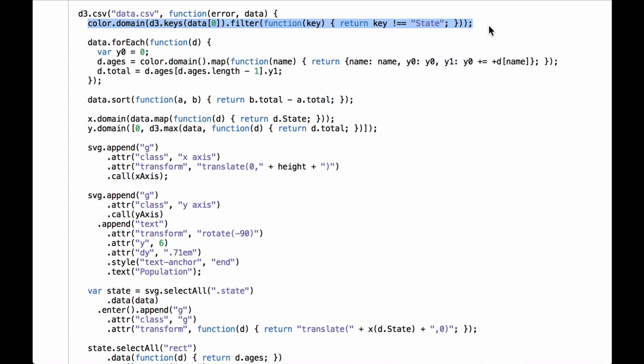Next, the JavaScript array filter method is used to apply an anonymous function to each element of this keys array. The anonymous function returns the element as long as it is not equal to the string state. Lastly, this array of keys, which represents all of the different types of age groups, is used to set the domain of the color ordinal scale function. This ensures that when an age group in the domain is used, it will be colored the same way everywhere